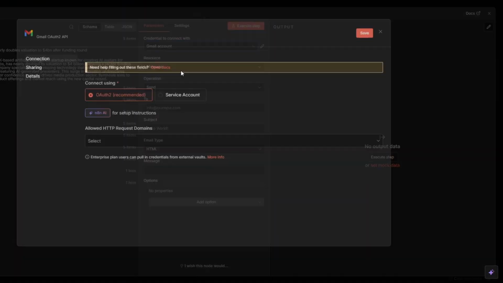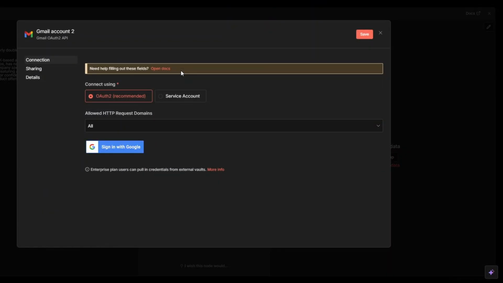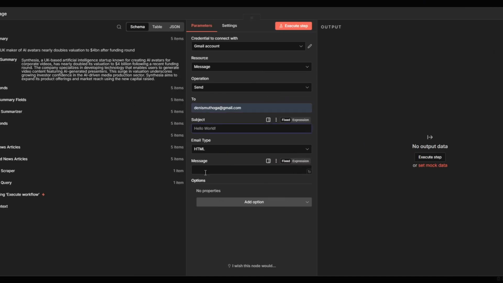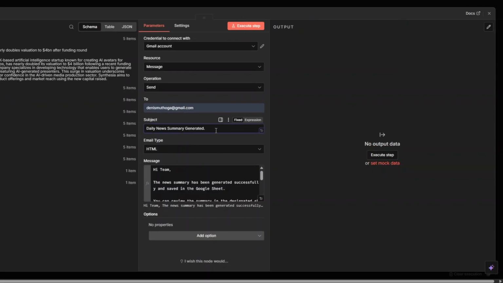Here you'll need to create your credential to connect your account to n8n. So to do that, just sign in your Google account over here, and then on the new window that pops up, choose the account that you'd like to connect to n8n, and your connection will be created. Since I already did that, I'm going to close this window right here, and here we're going to map our own email address, and here we're going to add the subject line and the email body over here. The subject line could be along the lines of daily news summary generated. Email type, we're going to choose text,